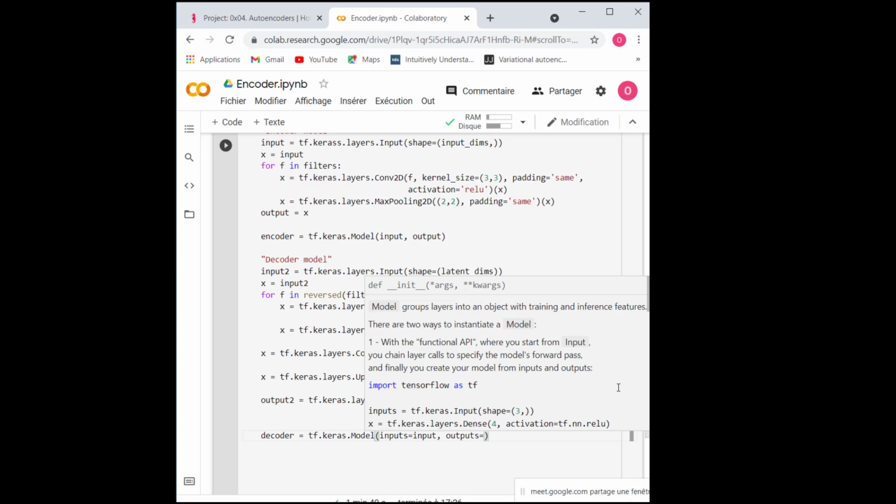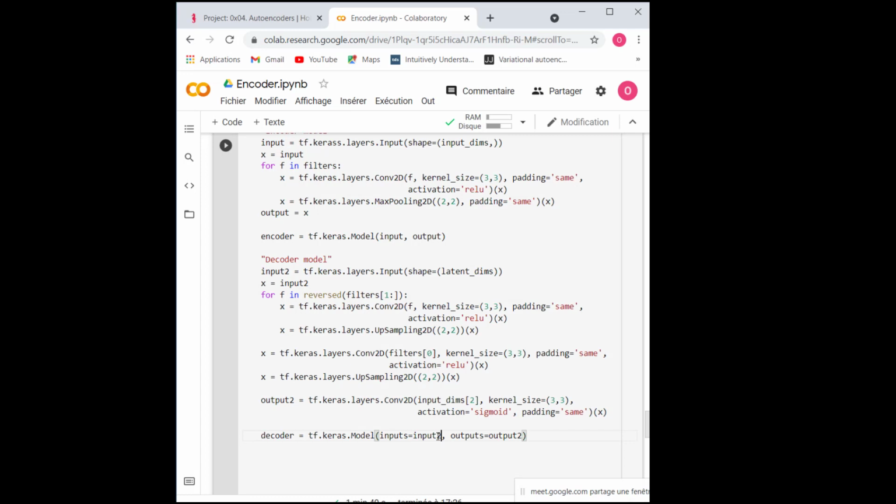Is there some questions, guys? Sorry, here the decoder will have just the output. So the autoencoder will be the encoder wrapped with the decoder. Sorry, guys. So it's going to take the output 2 and the input 2. Okay, so this is for the decoder.